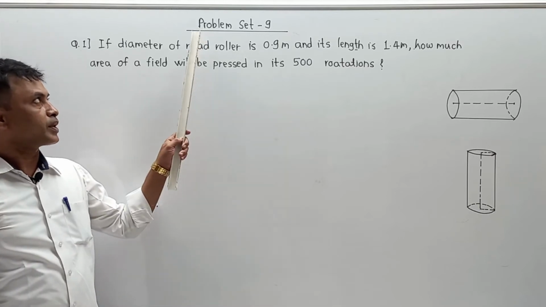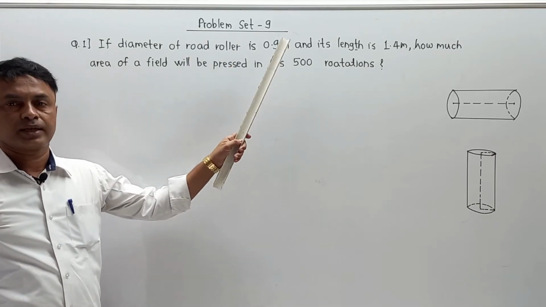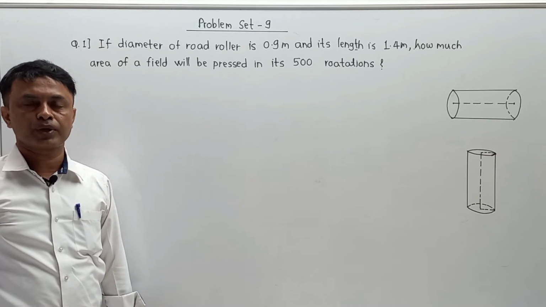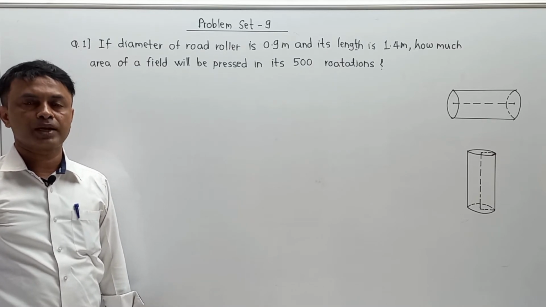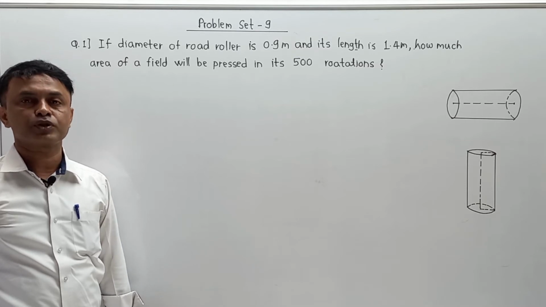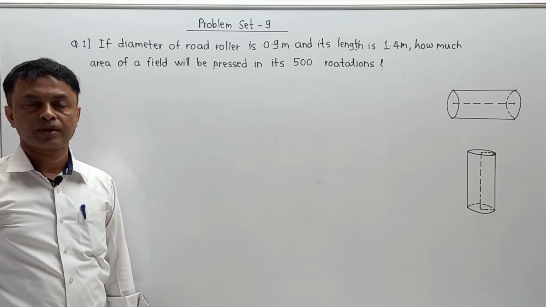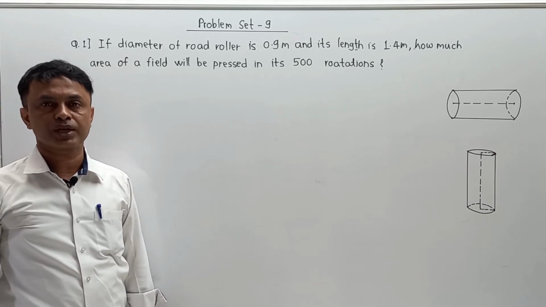Now, student, we are going to start problem set 9. In this case, it is a combination of numerical types: 9.1, 9.2, 9.3. Means there may be some numerical for a cone, some for a cylinder, some for a sphere or hemisphere, or any kind of rectangle, cube or cuboid. One by one we have to try to understand the question and the part.